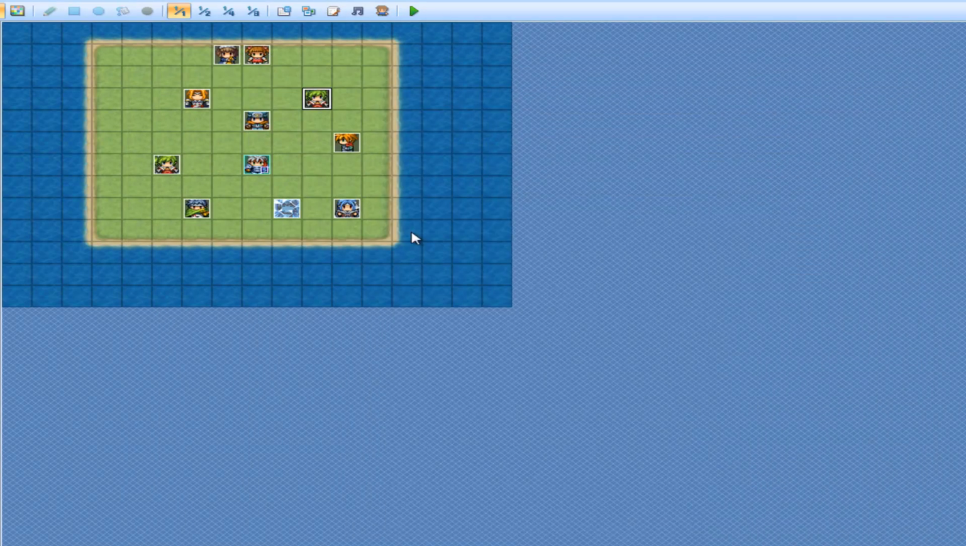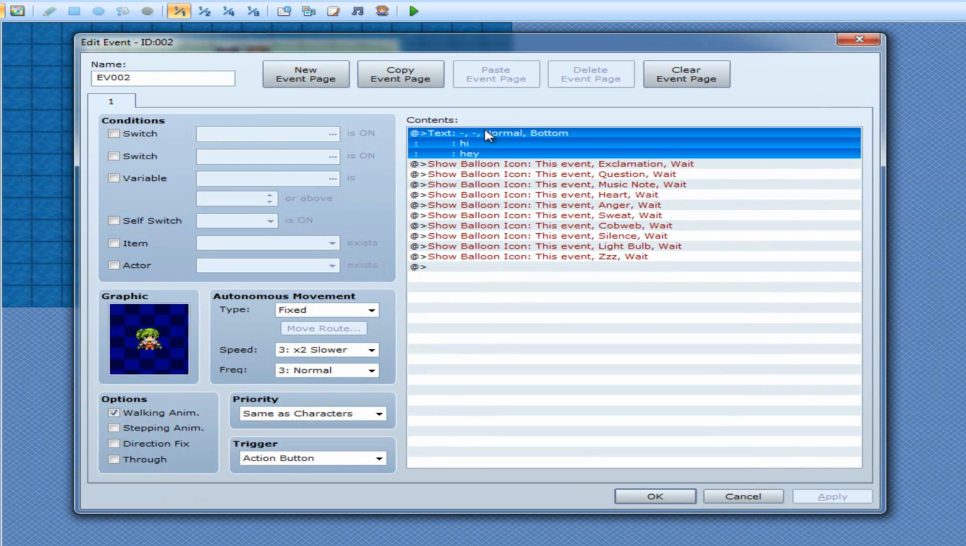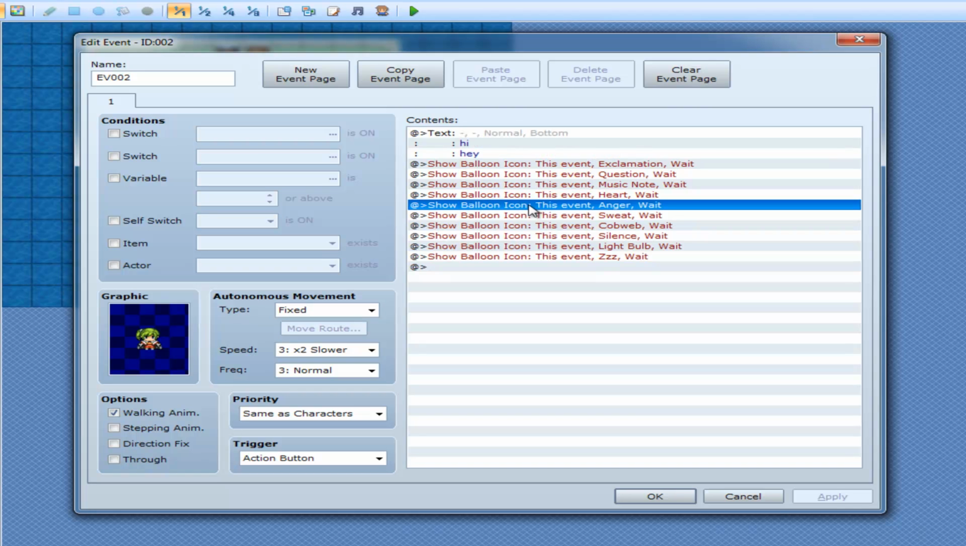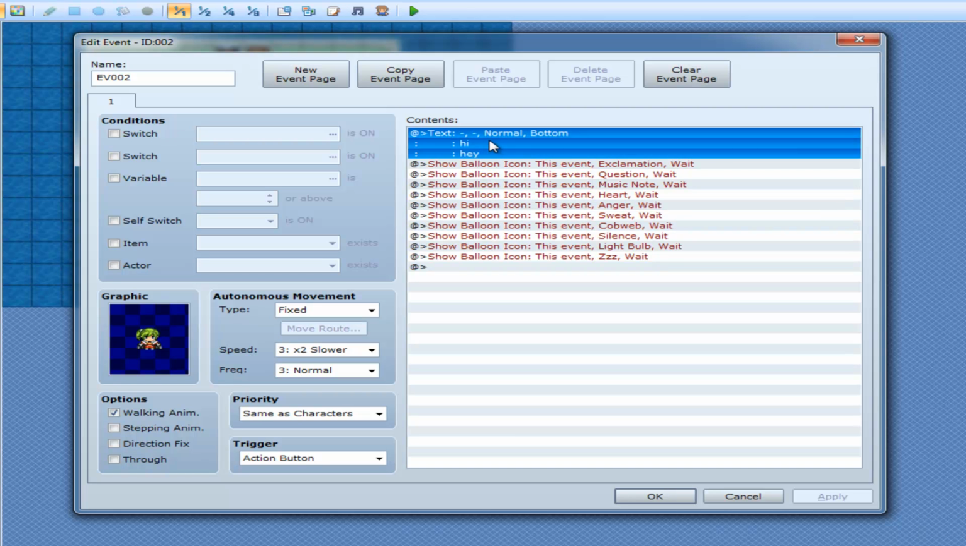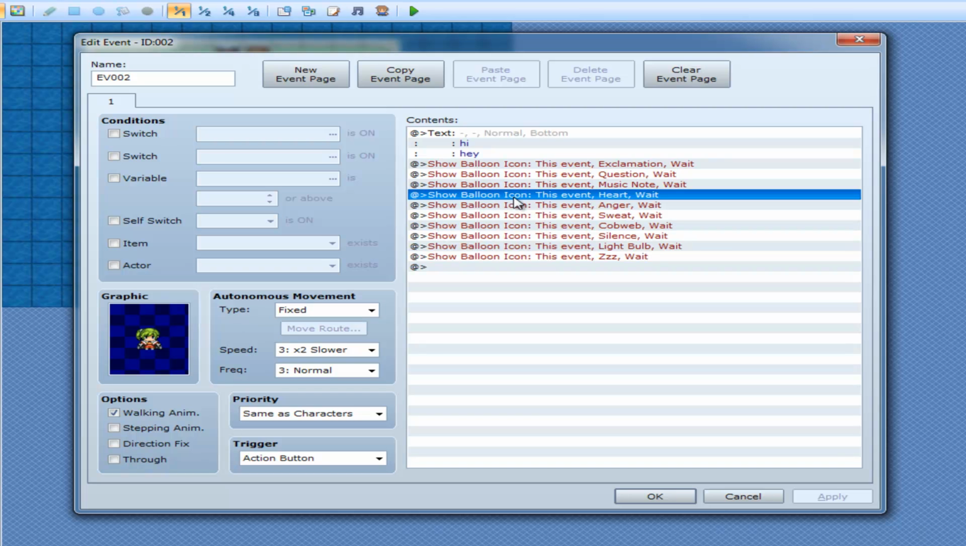Okay. Done. So what else can we show? Okay, so that part is done. Now what we can do is go hey, hi, hey, and whatever. We can get down to here and add another event command for this event. So this is 0, 1, 2, 3, 4, 5, 6. Just after heart and just before anger, we can insert another text command